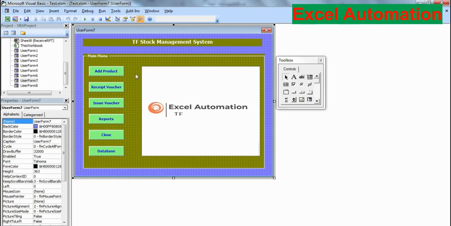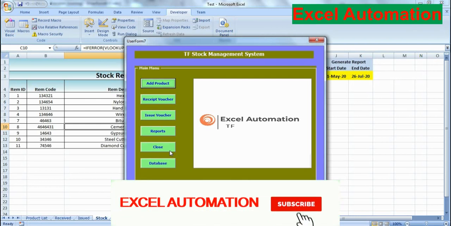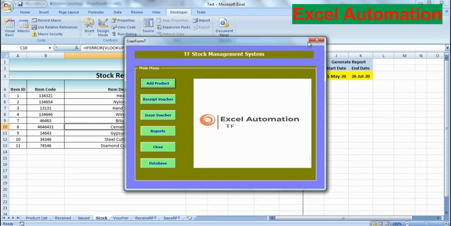Okay, and in this dashboard you can work. This file will not be shown, and you can work through this user form. You can see all the forms, you can open them from here. Once it is done, you can just close the software, so there is no need to open the Excel file. Only this form will show as the main form, and you can open other forms also through this form. Okay, this software will be completed.